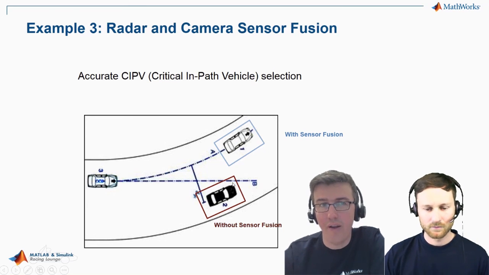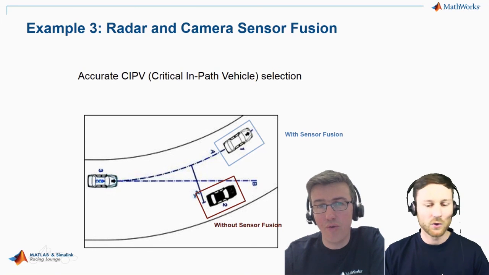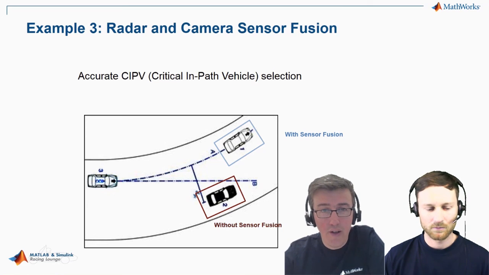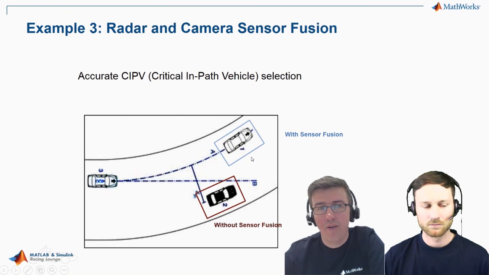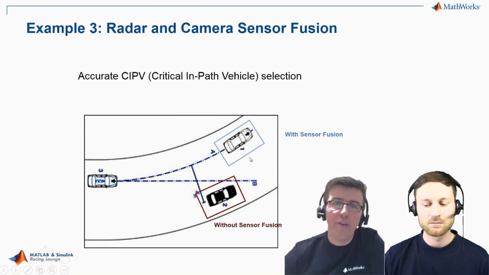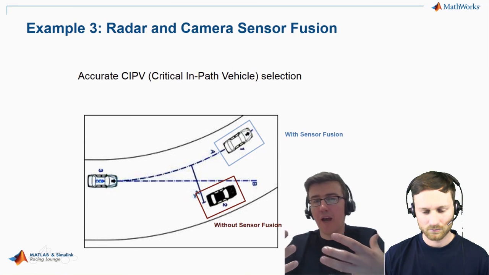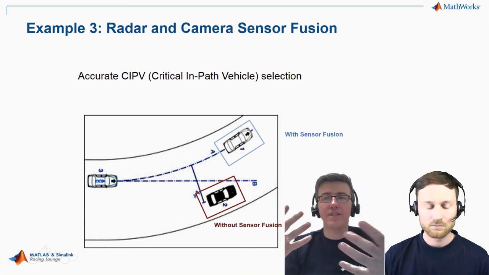But with the camera information, you will be able to have more precise information. This is only one thing that you can do with the camera, to understand what direction you are on. On the other side, you can also use object detection from the camera and have two separate